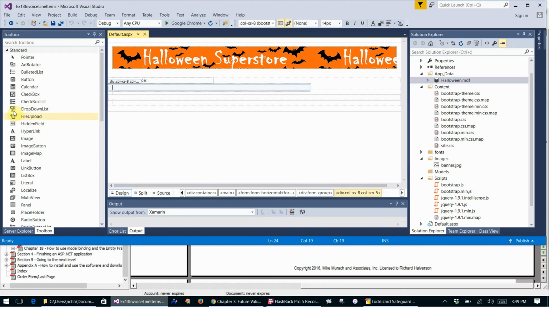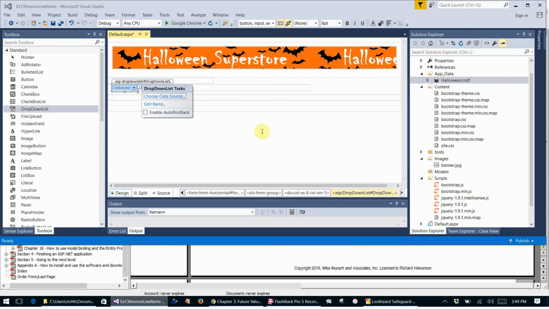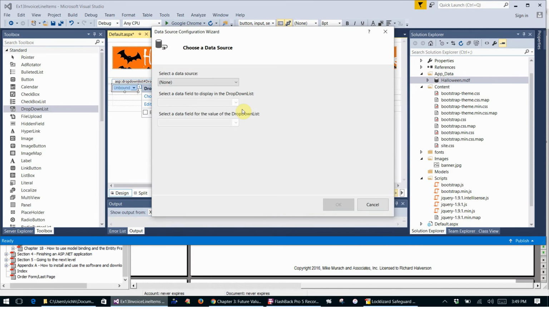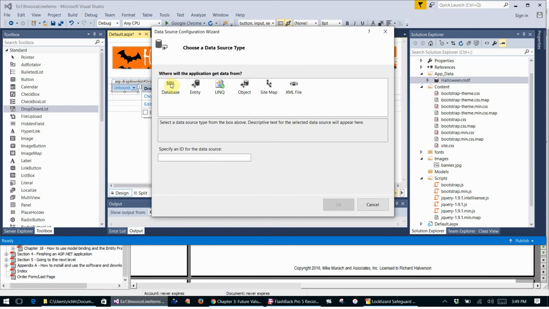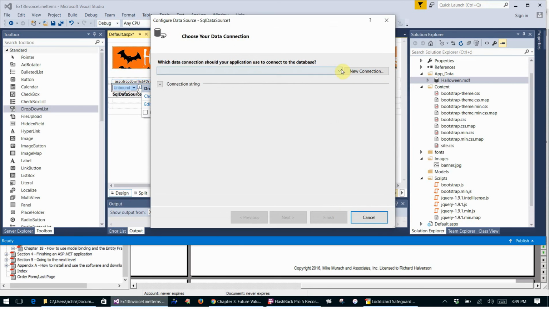So let's find a drop-down list. Here it is, and put it there. And now we're going to choose a data source. So let's click Choose Data Source, and I'm going to click New Data Source, and I'm going to select Database, and SqlDataSource1 is a fine name for that data source. And then I'm going to click New Connection, and I'm going to use this Halloween connection string that I have in the web.config already, and I'm going to click Next,